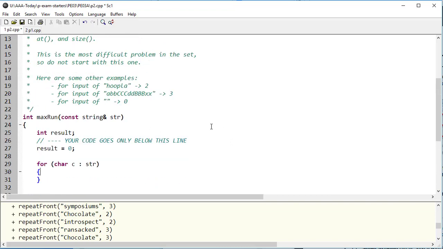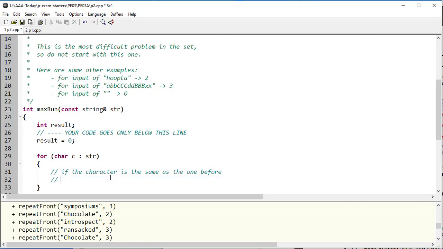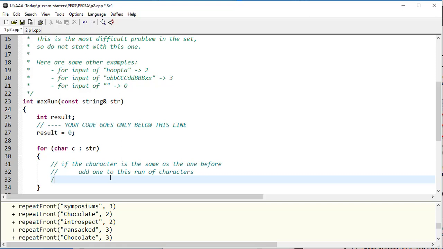Well, now in the operation, we need to start thinking about what's the algorithm here. And so the algorithm for a run is that it is a character that's adjacent. Adjacent means the character before it was the same. And so we can put this in pseudocode. We can say if the character is the same as the one before, then what we'll do is add 1 to this run of characters. And if it's not the same, or otherwise,